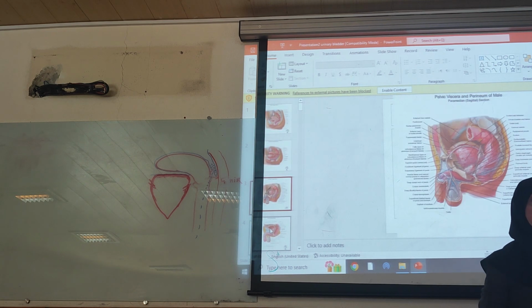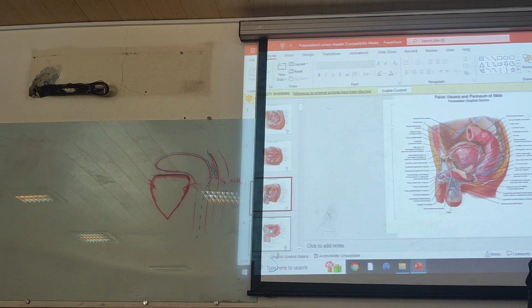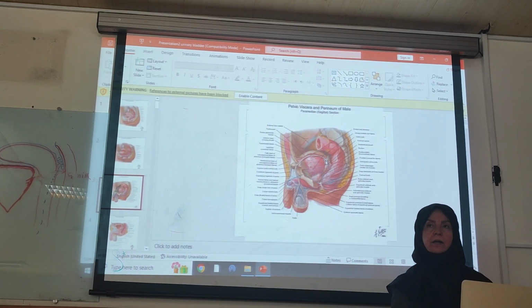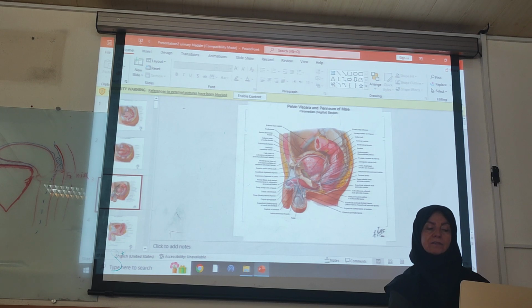And here belongs to the male sex. Which structures are visible? Bladder, seminal vesicles, rectum, and prostate. The prostate is a gland. It is found exactly inferior to the urinary bladder. And posteriorly, you are able to find the seminal vesicle. According to this picture, the distal end of the ureter is visible, and this reminds you of the deferens canal. The deferens canal is visible here.